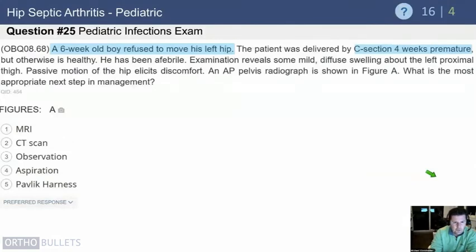This is a 6-week-old who refused to move his left hip. The patient was premature by C-section, and his other one has been healthy. So risk factors: C-section, premature, afebrile, has diffuse swelling about the left proximal thigh, and basically they're uncomfortable when you